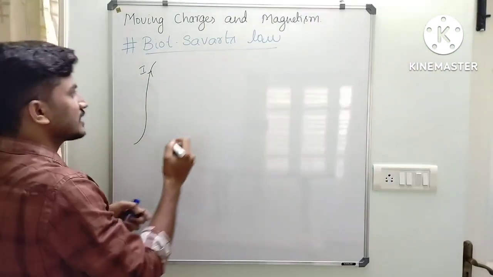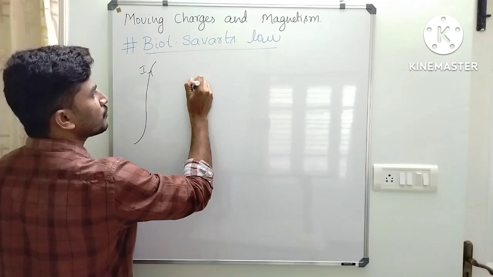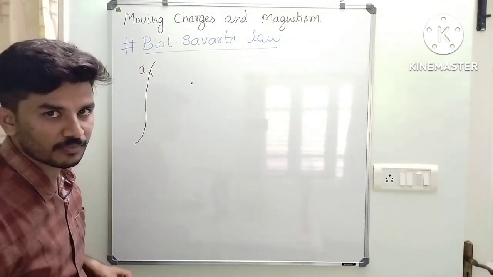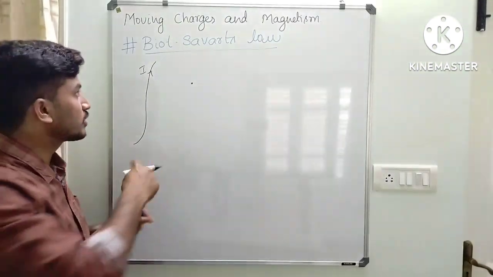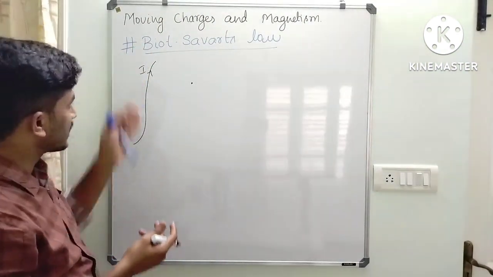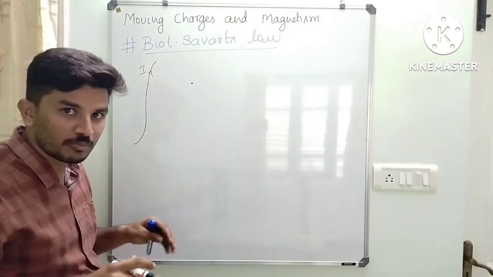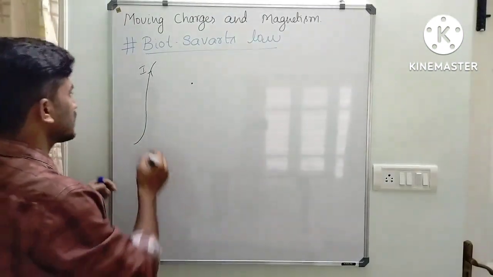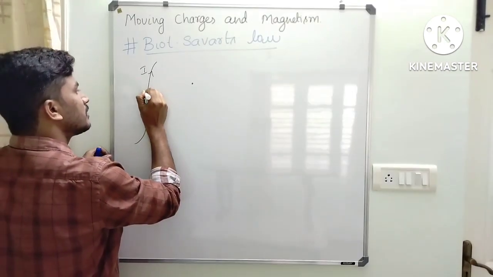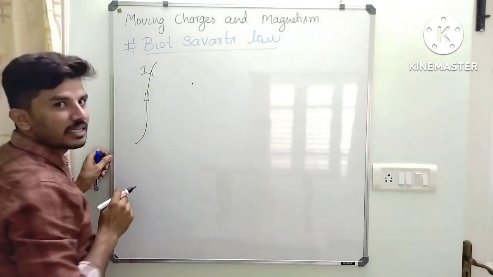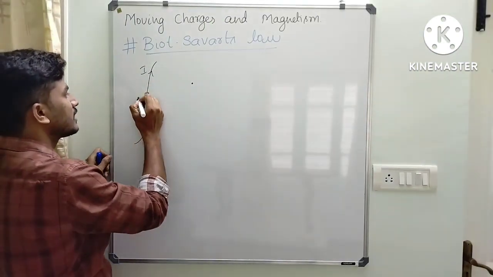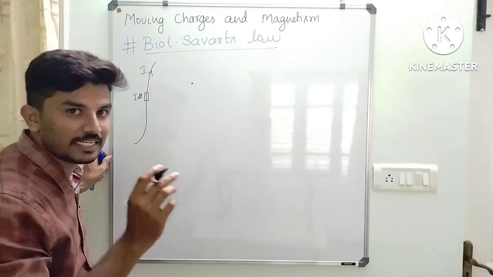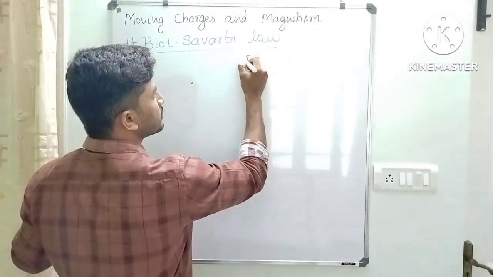Okay. So let us consider I need to find out the magnetic field at this particular point due to this conductor. I am not going to consider the total length of the conductor because I don't know the length of the conductor. Whether it is 10 kilometer or 10 meter or 10 centimeter or 10 millimeter, we don't know. So let me consider a small current element here. The length of the element here is dl and I dl is called current element.